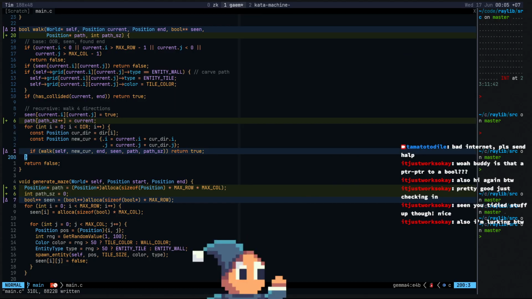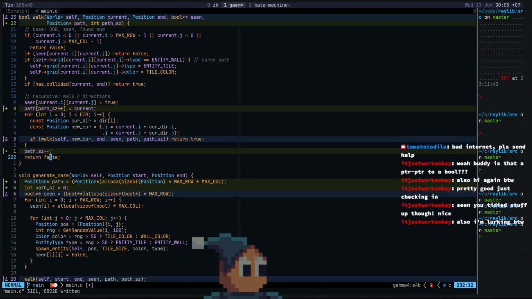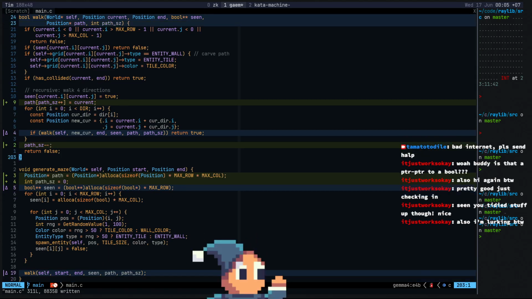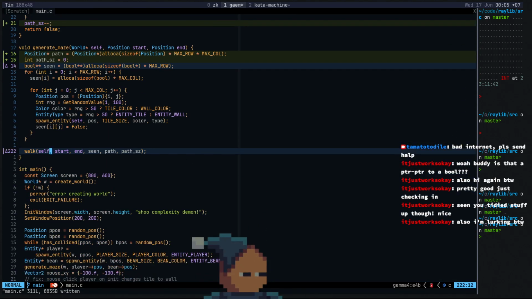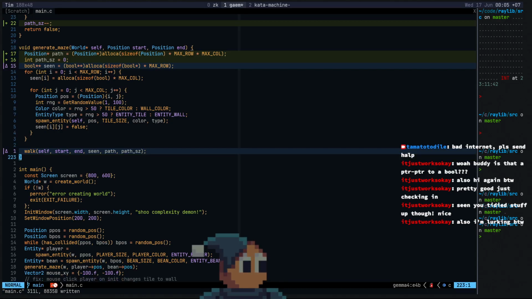Yeah, I guess it makes sense. Path. Let's see. Oh, I don't know if I can. Can we do printf of that thing? I don't know if we can even see into that.